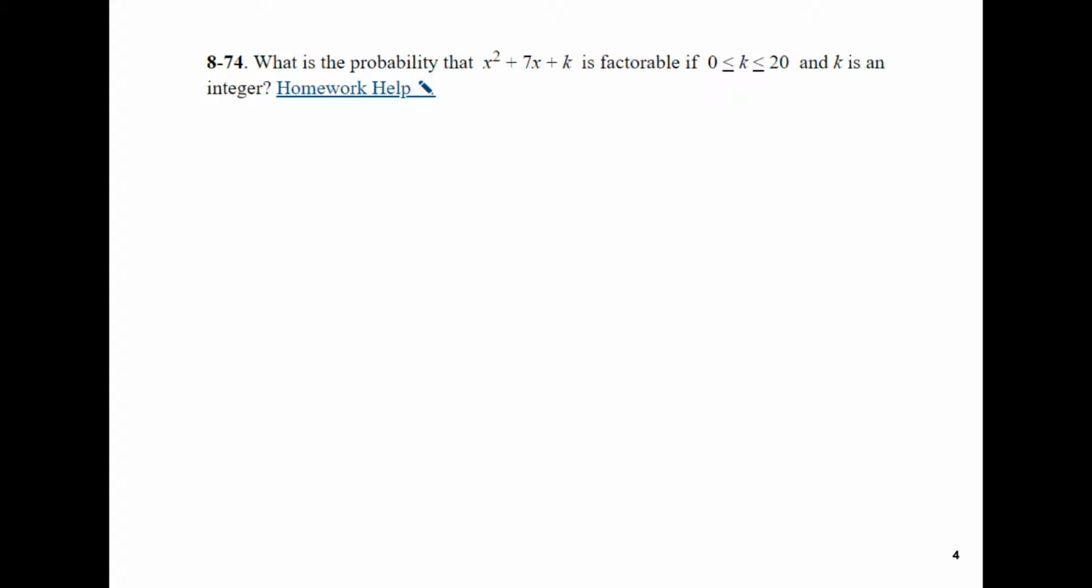8-74 says, what is the probability that x squared plus 7x plus k is factorable? K is a number that is greater than 0 and less than 20, and it is an integer, so it is a number on our number line. So if we think back to Algebra 1, when we worked with our diamond problems, and we had two numbers, x and y, that added to equal 7, and multiply to equal k,